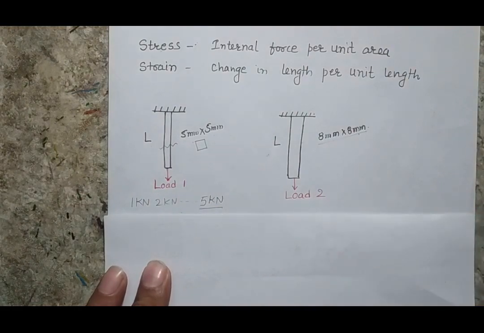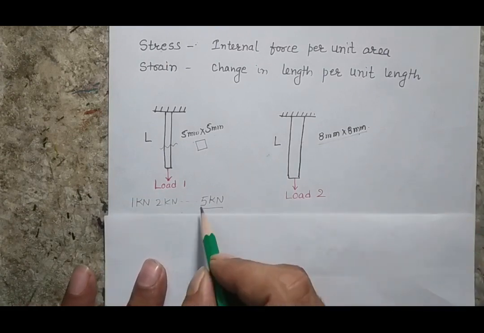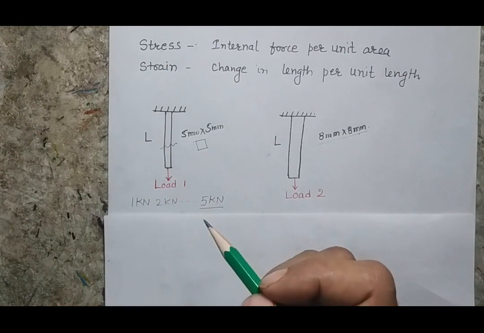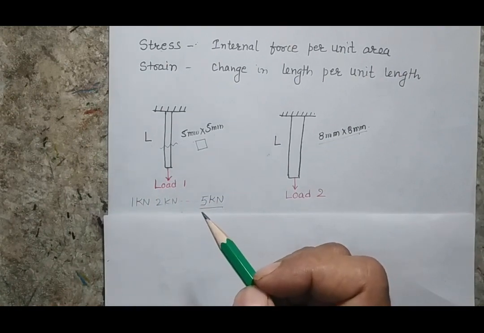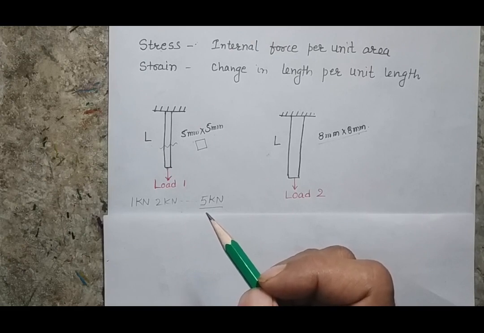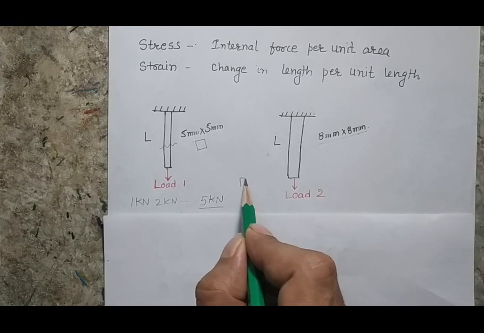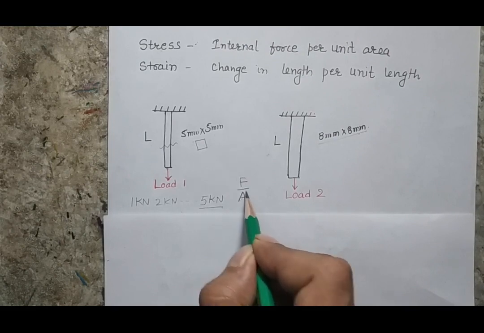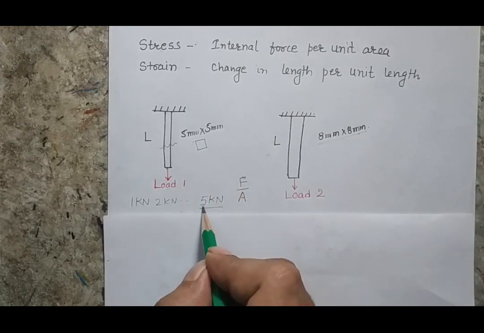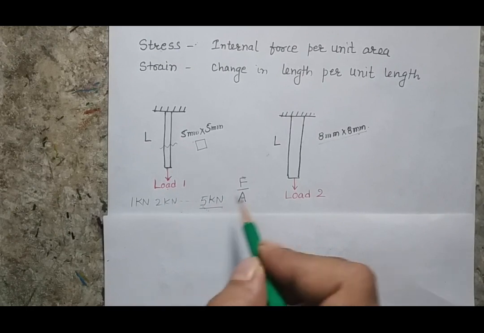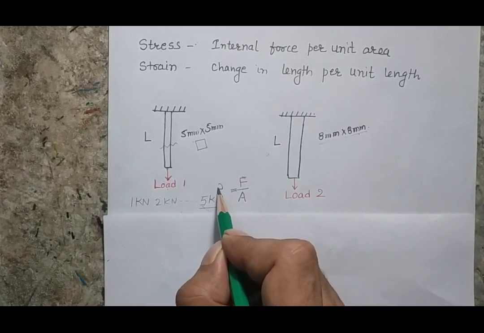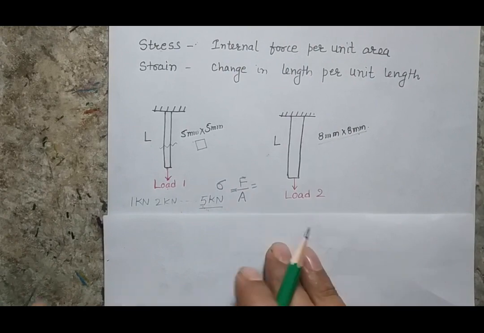And based on that philosophy, the concept of stress evolved. Instead of telling the forces which will tell you the safe condition for a particular structure, we say the value of stress for a particular member, and stress is defined by force divided by the area. So whatever force, suppose I am applying a 5 kilonewton force here, the stress value for the first bar will be